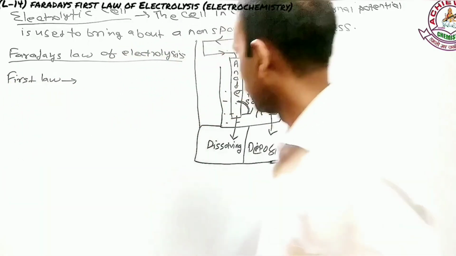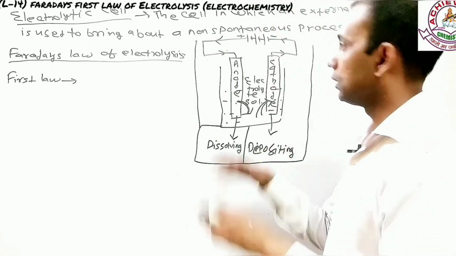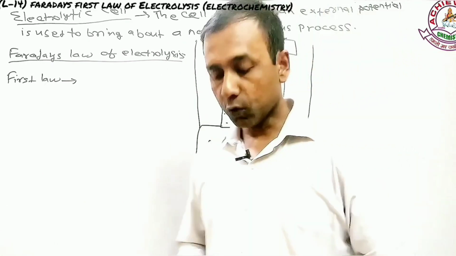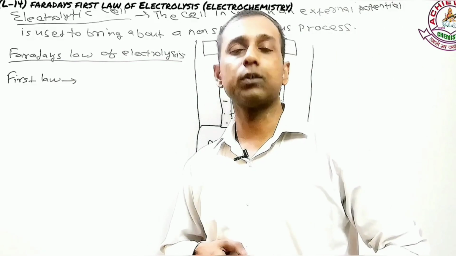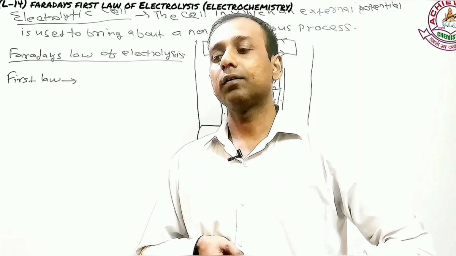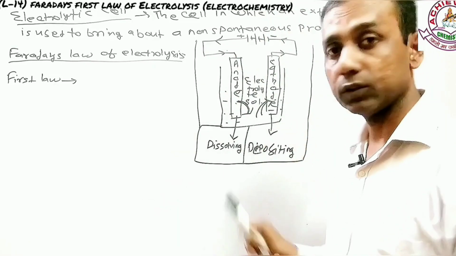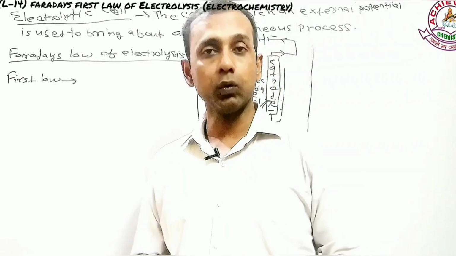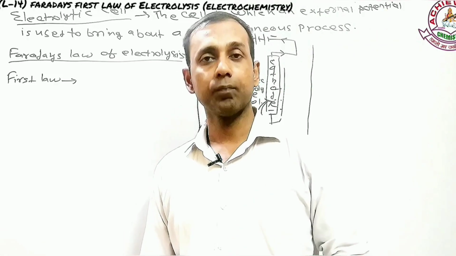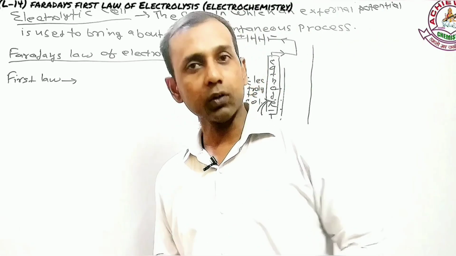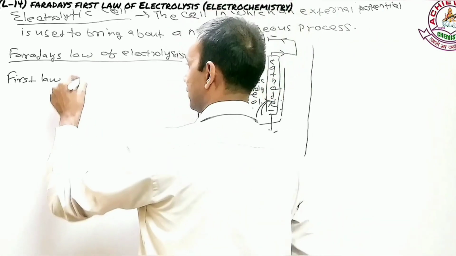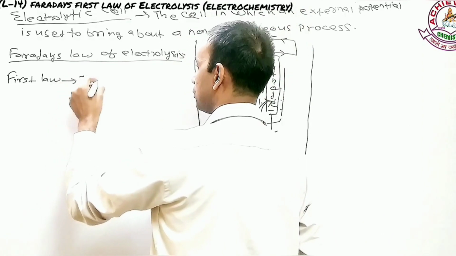Let's talk about the first law here. Let me introduce you to the whole thing. Every time there is some electrolysis taking place, the amount of substance that is dissolving and the amount of substance that is depositing follow a certain rule, and that rule is nothing but Faraday's law. The first law says that the amount of